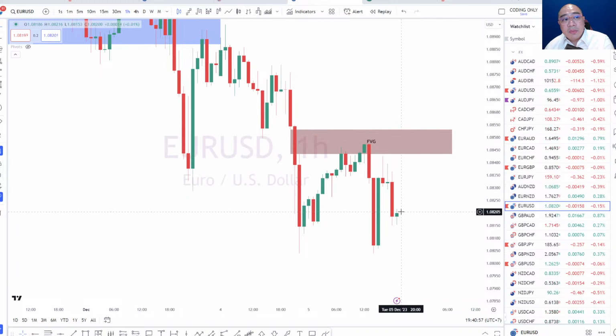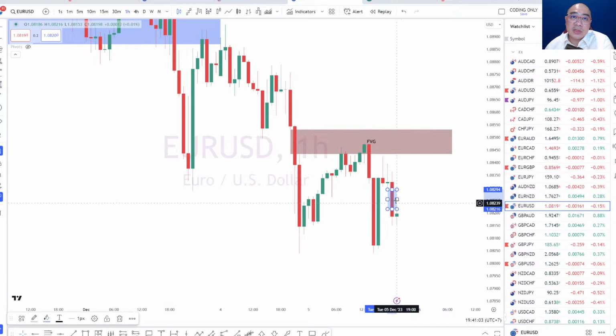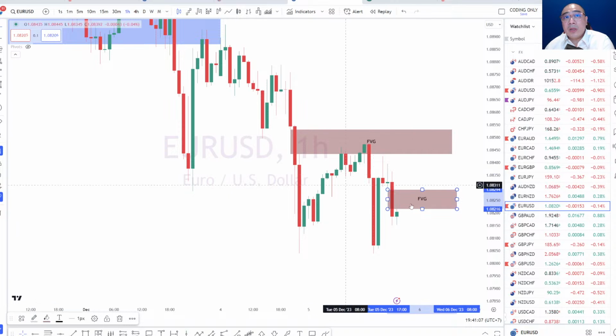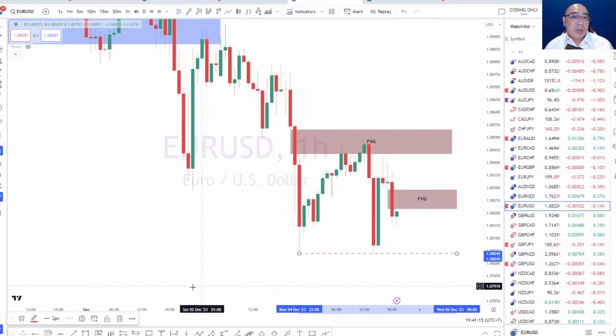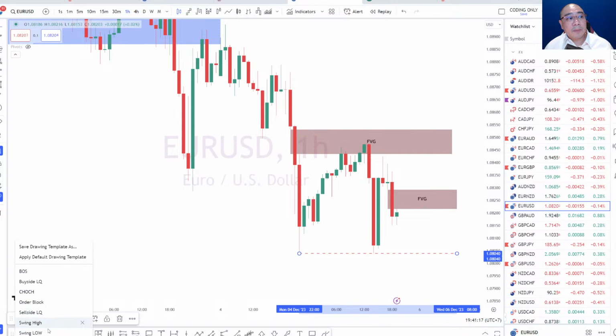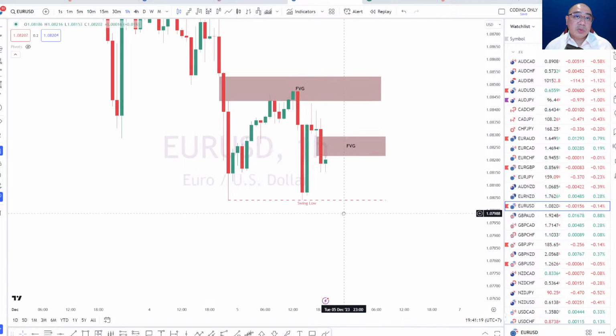Right now, as the market goes down, I know the candle hasn't closed, but in 20 minutes' time, if price doesn't come back and fill in, there's actually going to be a new fair value gap. We still don't have that information. And in terms of whether there's a break of structure, we don't have one, because we can still identify this swing low here that's still capping the market.